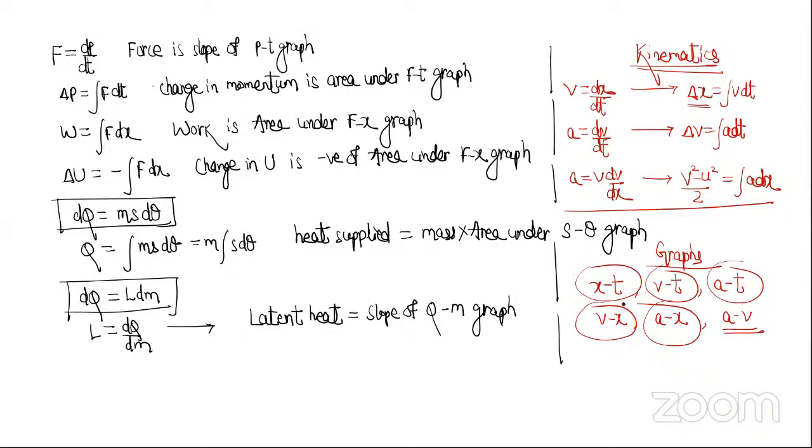अच्छा, xt graph का area से क्या मिलेगा, तो कुछ नहीं मिलेगा। या वेलोसिटी टाइम ग्राफ का स्लोप से क्या मिलेगा, Acceleration. तो अभी आप रिवर्स सोचो, जस्ट लाइक डिफरेंशिएशन मींस स्लोप एंड इंटीग्रेशन मींस एरिया। अब उल्टा भी सोच सकते हो, स्लोप मींस डिफरेंशिएशन, एरिया मींस इंटीग्रेशन, है ना। तो वीटी ग्राफ का स्लोप से क्या मिलेगा, स्लोप मींस dv बाई dt, एक्सेलरेशन। वीटी ग्राफ का एरिया से क्या मिलेगा, एरिया मींस इंटीग्रेशन v dt मींस displacement।